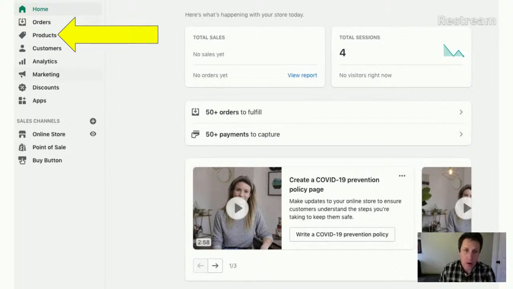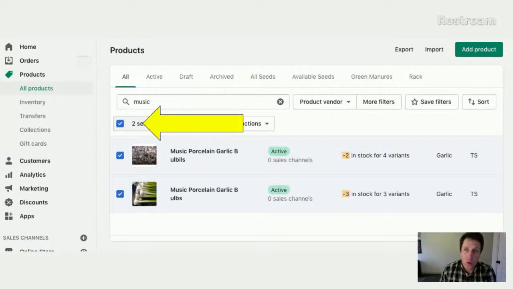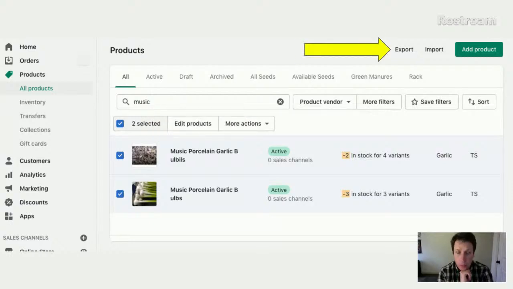So here's your dashboard, and on the left you can see products from the sidebar. So we'll go there, and that brings us some products. I filtered down to some music garlic. You can click on whatever check boxes you want to highlight the products you want, and then in the upper right corner you can choose export. Later on, and I don't think I have a slide for that, when you want to import the CSV file, you click on the button just beside it and then import that file. But for right now, you click on export, and